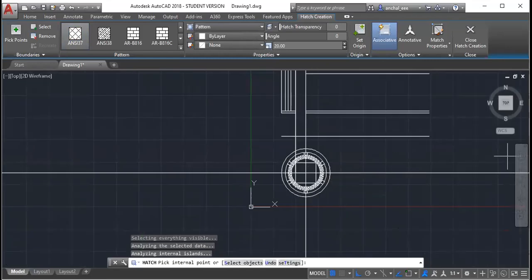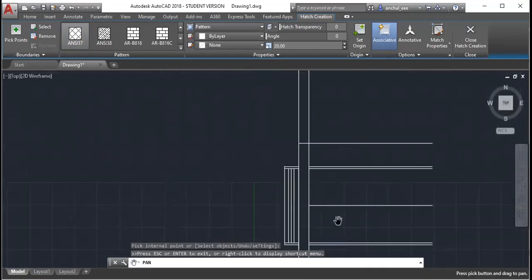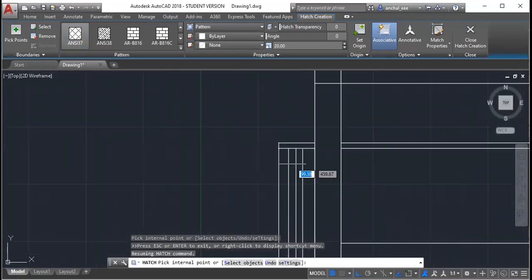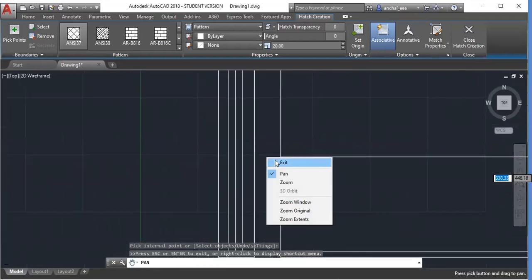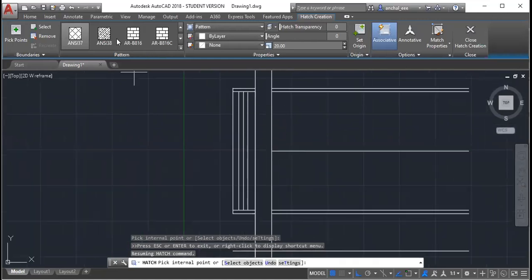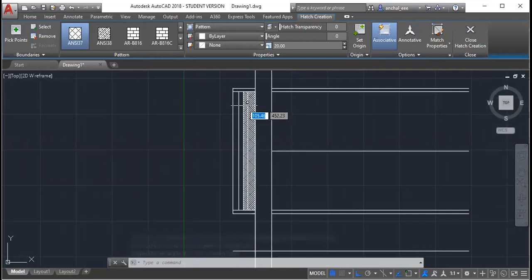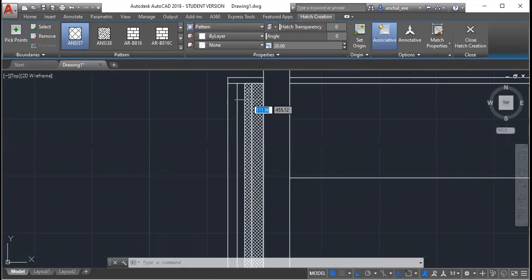Similarly, I will go up and do it here. I think there is some gap here.